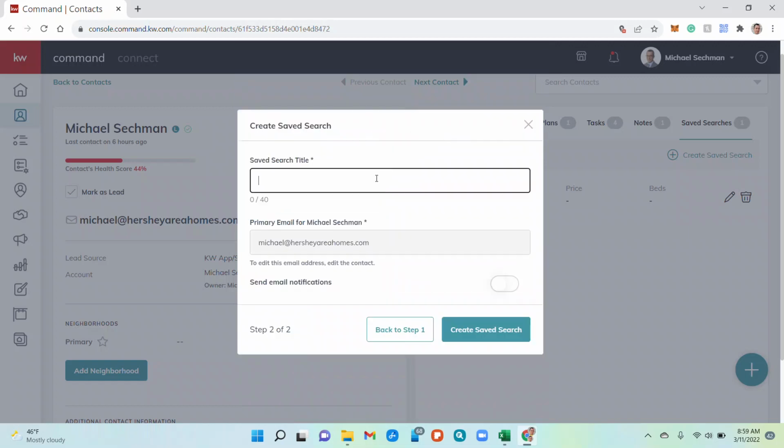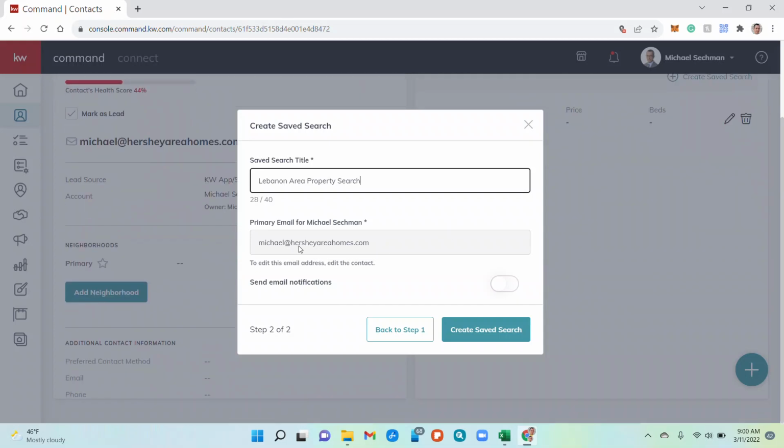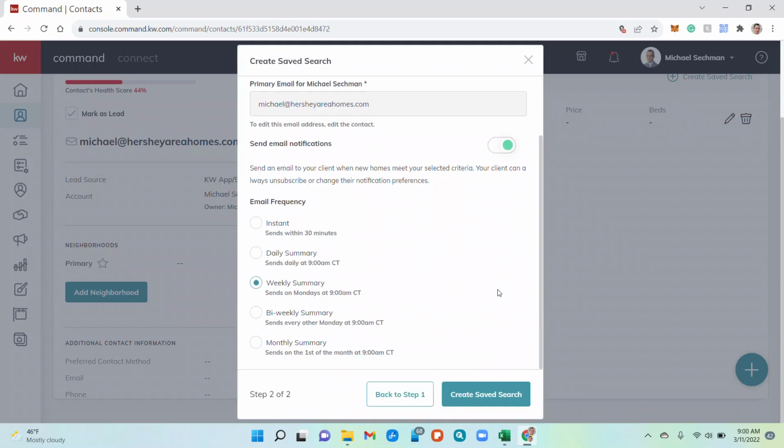So we go next. We want to save a search title, and if you remember what Jeff Rega said, this search title is visible to that client. So you want to make it something of relevance. I would just say, we could call it Lebanon area property search. This will be the email address of the contact. You obviously want to send them email notifications, so you're going to click that slider, and then you can send them instant, daily, weekly, bi-weekly, or monthly. In this market, we all know instant is the best way, and we're going to go ahead and hit create